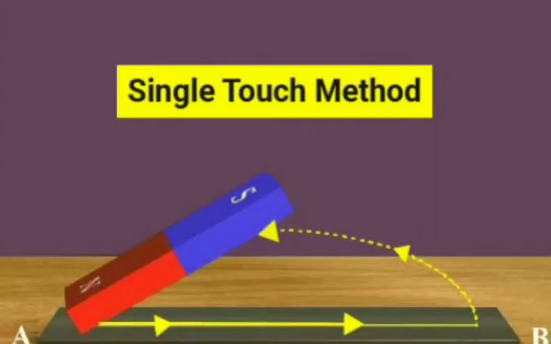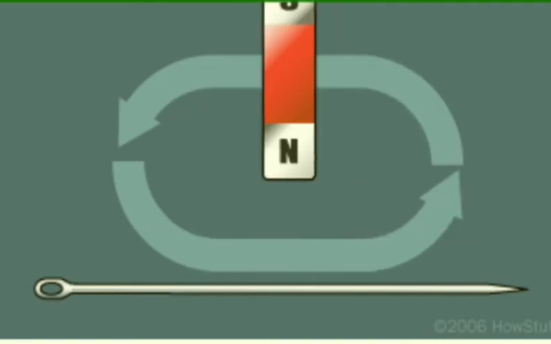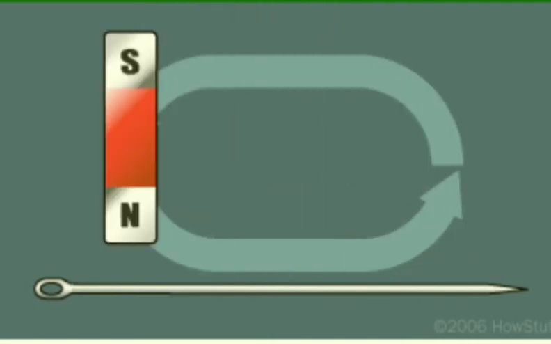Once you reach the end, lift it up and keep it again at the starting position with the same pole touching the edge. Repeat the process more than 30 times and check if the iron piece is magnetized or not by bringing it close to an iron pin. If the pin gets attracted towards the iron piece, then it is said to be magnetized. If not, then repeat the process a few more times so as to magnetize the iron piece. You can magnetize other iron objects such as an iron nail, needle or pin.